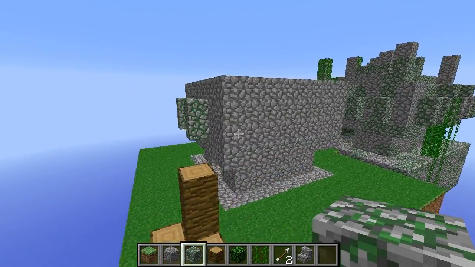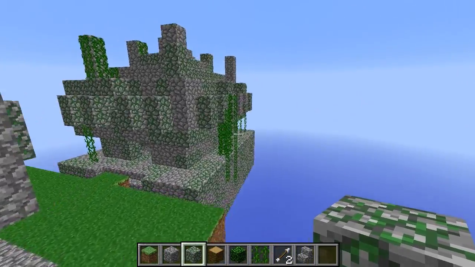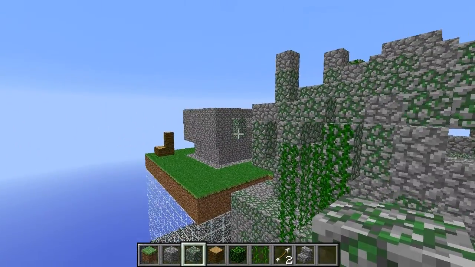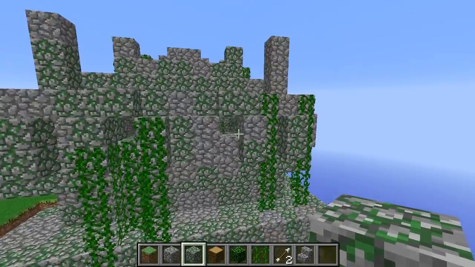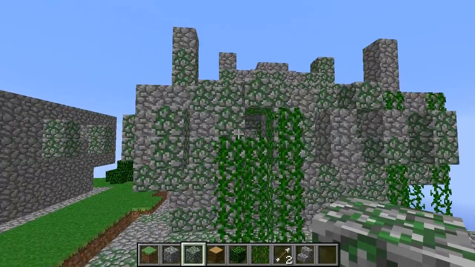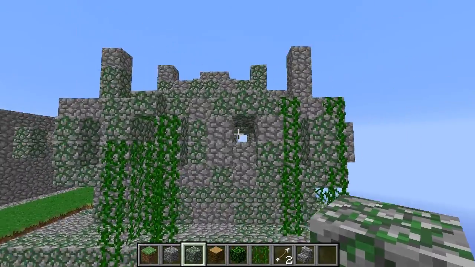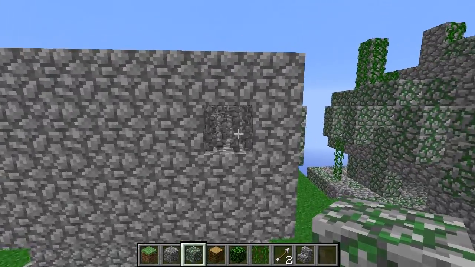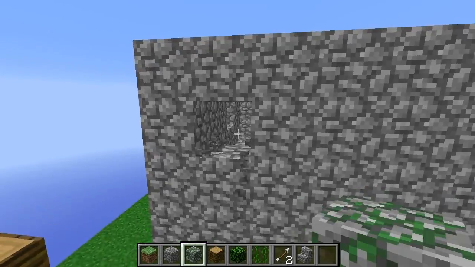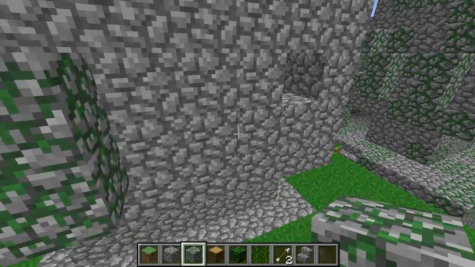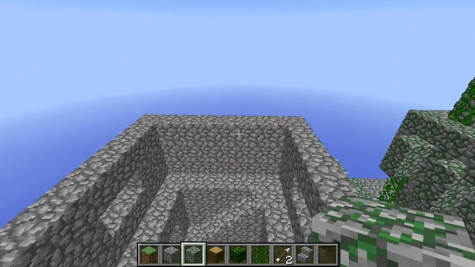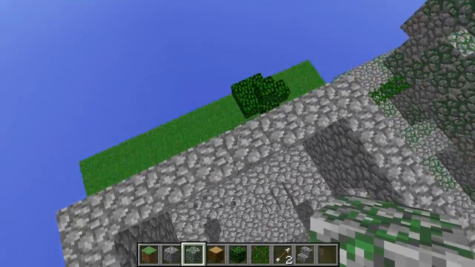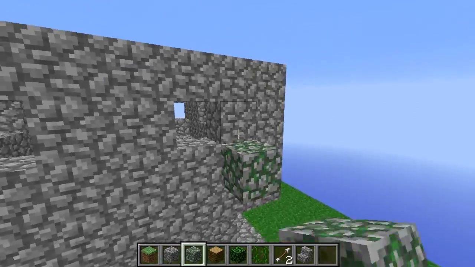Now the sides are a bit more of a problem. I think we've got a few options here. I'm going to show you 3, and then we can take a decision together on what's best. On the actual jungle temple in vanilla, you could see there's a set of 2 1-wide windows. So we can either put those here and here on the corners, and then maybe have our little pillars there, or we can put them here and here, and then on the outside we'd have our pillars